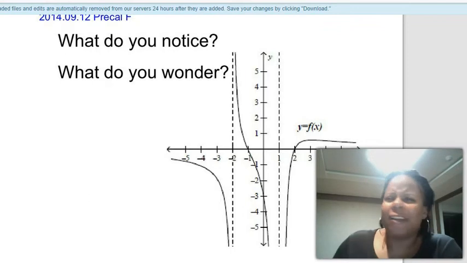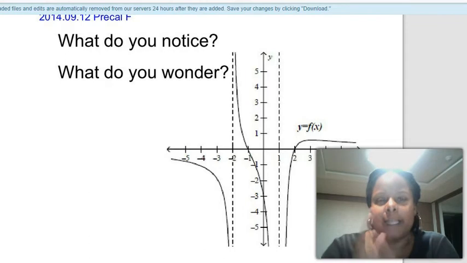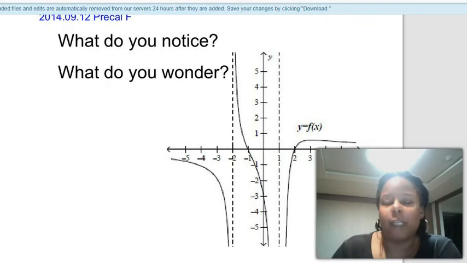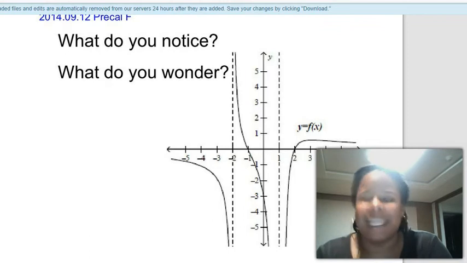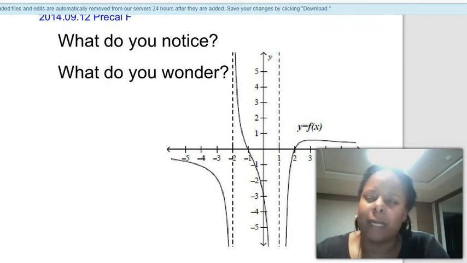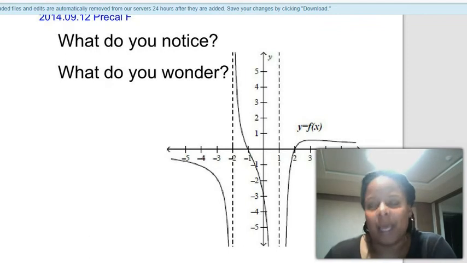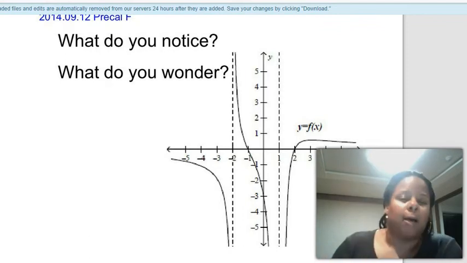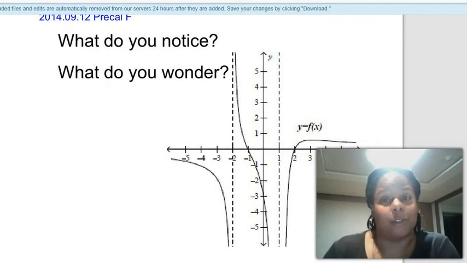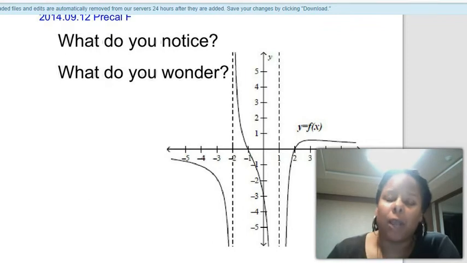Now, I know people are like, how can you grade all their papers that quickly? It's very easy. Initially, I'm grading to see what kind of group I'm going to put them in. Do I put them in the green group, which is, hey, I totally understand what's going on in the video, I'm ready to do the challenging stuff? Or do I put them in the yellow group, which is, I understand a little bit about the video, but I still need some more practice and understanding? So I'm quickly looking at their video assessments to assess which group they should be put into. And again, I'm not dealing with a lot of students here. My largest pre-calculus class is 12 students. I know, rough, huh? So while they are writing down what they notice and wonder, I'm grading their video assessments.